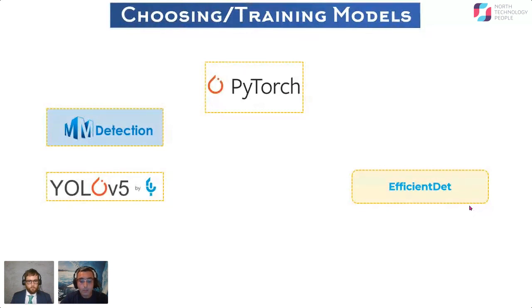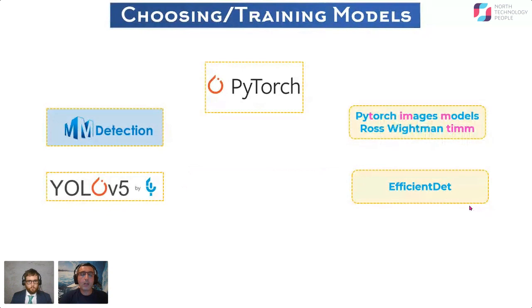And then at a certain point, we could decide we would like to change our models, even if we have some from MMDetection. The fact that Ross Wightman has his library called TIMM, he provides over 270 models with pre-trained models and checkpoints and so on. So we might be interested in creating new models by combining those from Ross and those from MMDetection,